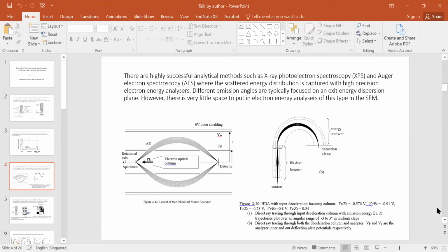This is the cylindrical mirror analyzer here. This is the hemispherical energy analyzer here. And they're used for Auger electron spectroscopy and X-ray photoelectron spectroscopy. And these techniques are very useful for materials analysis. On the whole, in the SEM, it's EDS as a technique that's used for materials analysis, but not scattered electron